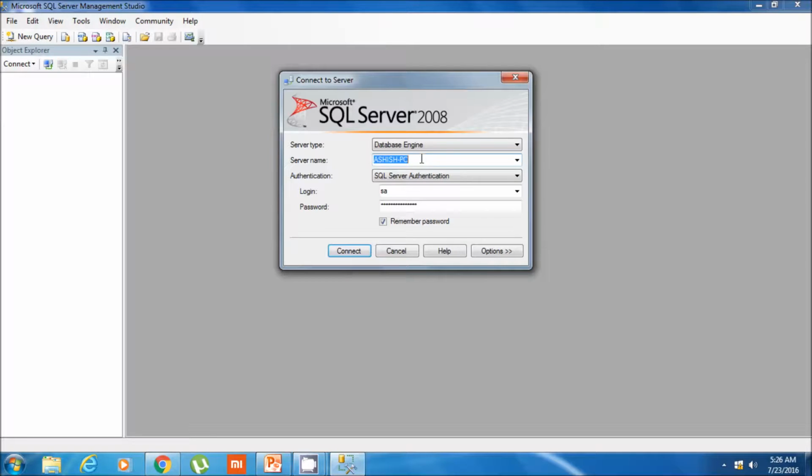Because it is my local system, I can either give the computer name, or give the dot, or give the local, or I can also give the loopback IP address, which is 127.0.0.1.